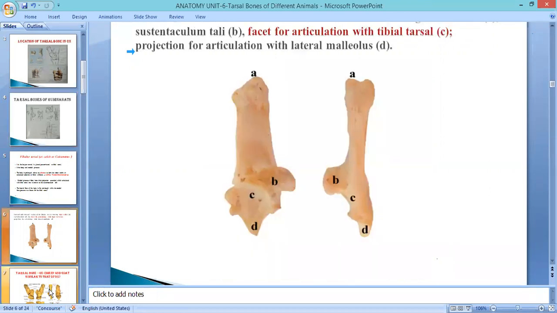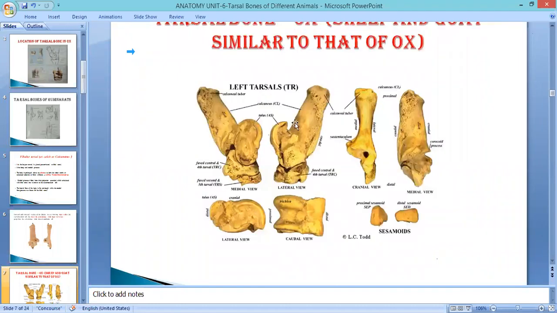You see here the structure of the fibular tarsal, from here to here. This is the lateral surface, this is the medial surface, and this medial articular surface articulates with the tibia bone. Proximally it has the tuberous structure known as tuberosity. And this is also the fibular tarsal. This is the part where the tibial bone comes in contact with the fibular tarsal. So I think the fibular tarsal is completed.